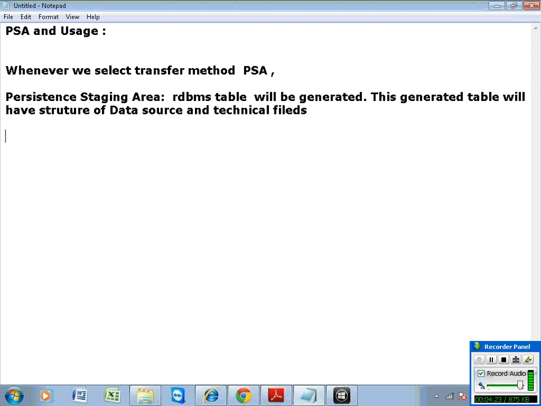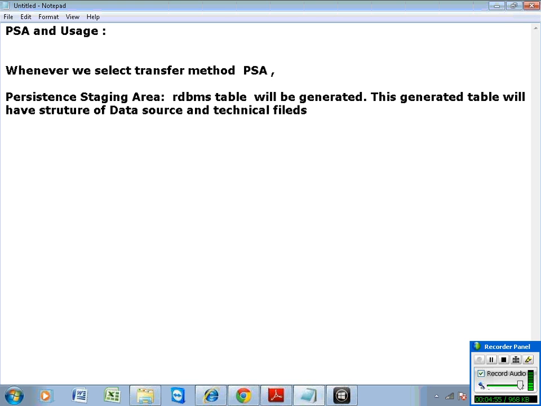All these are data source data fields, correct? These data source data fields will become your table structure. Along with this, it will have other data fields like request number, record number, and part number. All these are technical data.